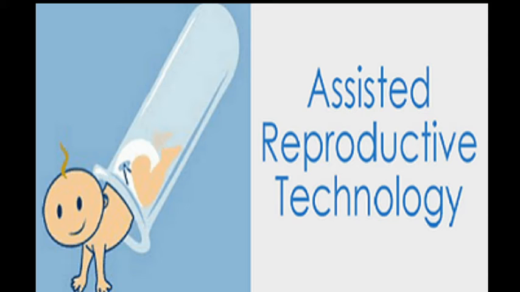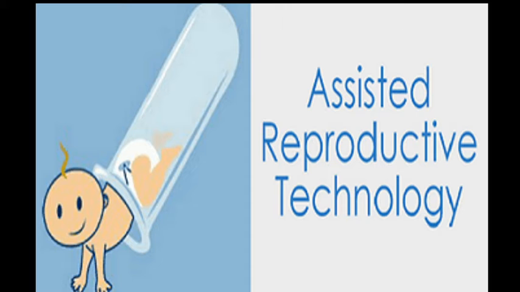It is a set of techniques by which the outlook for a couple with an infertility problem is now greatly improved compared with 5 or 6 decades back. About 60% of couples attending fertility clinics have a problem that can be diagnosed, and about 30% of these are able to produce a baby after treatment. This means medical research is far from the end of its investigation into the treatment of infertility, and there are still great advances to be made. So here we discuss some assisted reproductive technologies which are very useful for infertile people to have their baby.